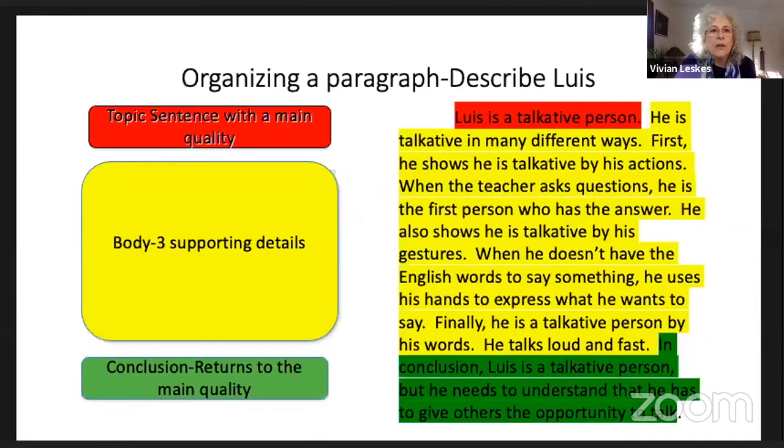Okay, so let's look at this paragraph. And here is the example paragraph that the student wrote. So we're going to have a topic sentence with the main quality. We're going to have what we call the body, which is 3 supporting details. 3 is a very important number in English writing. And we'll have